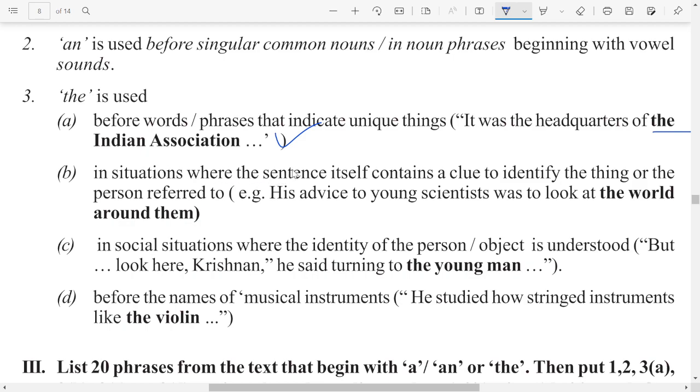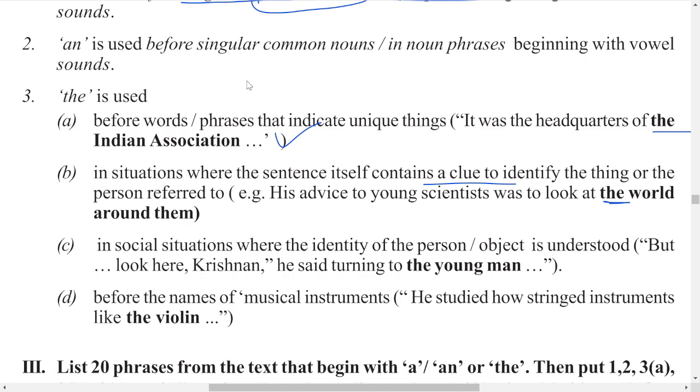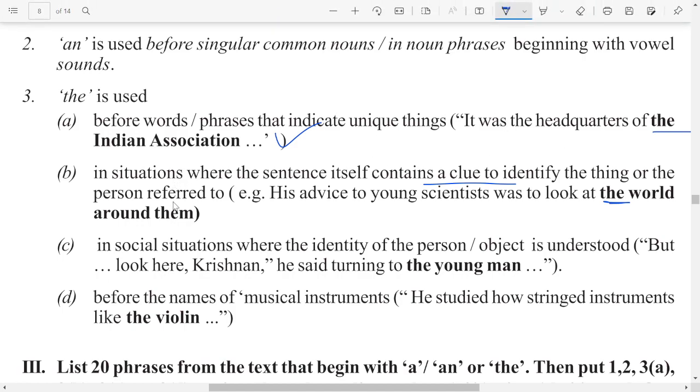Next, in situations where the sentence itself contains a clue to identify the thing or the person referred. For example, his advice to young scientists was to look at the world around them. So this is used as the clue to identify the thing. Okay, kind of example. So it is used as the exemplary thing when he was advising his students. So here we can use the. Next,